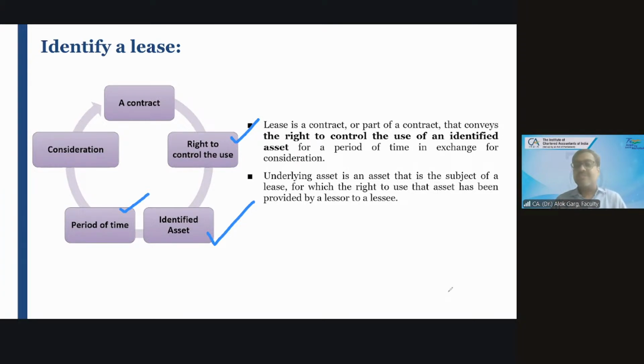Only then will you take it in the lease term. Yes, sir. Okay. So friends, we discussed that, and we also discussed